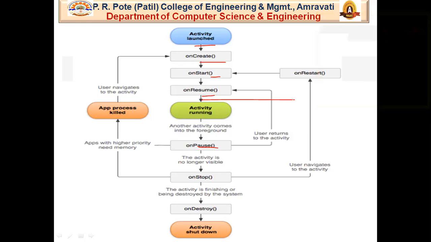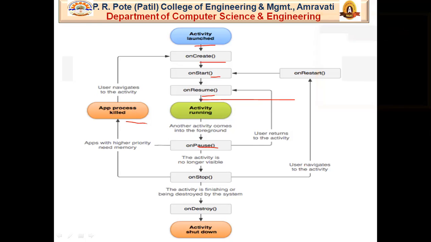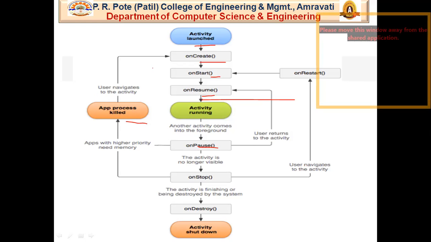But after the onPause method, there might be a case that after the call, there are things like I need to send some urgent mails, I need to send some SMS. In that case, the Android operating system thinks it needs to give that memory to other applications. Then the process is killed, and in case the user navigates back, the activity starts from the onCreate method. Okay, getting it?